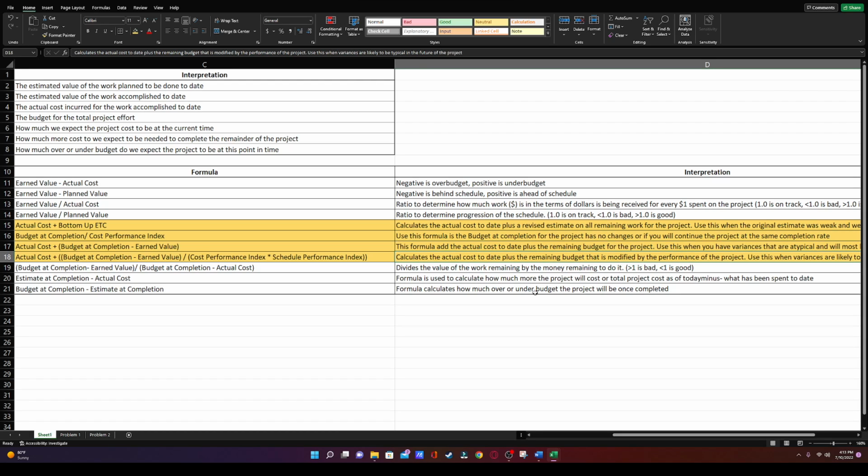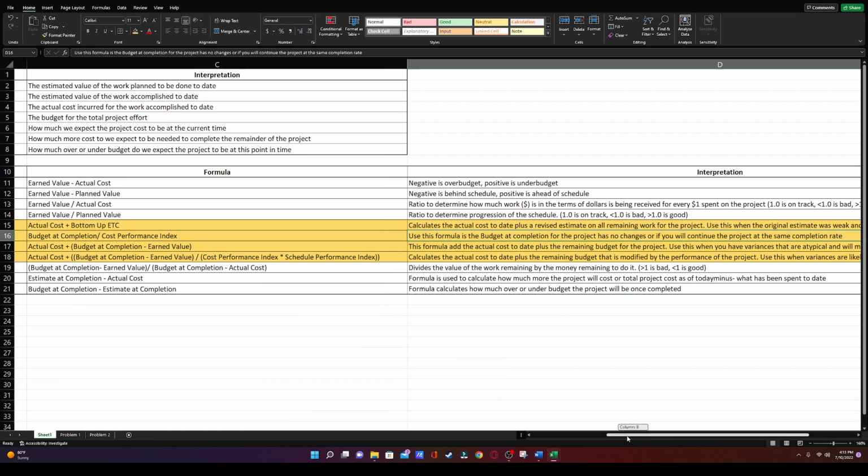And then the fourth one calculates the actual cost to date plus the remaining budget that is modified by the performance of the project. This one's saying use this when you think the current status of the project is going to be the norm for the remainder of the project. So if you have an increase in costs, etc. We're going to go ahead and use the second